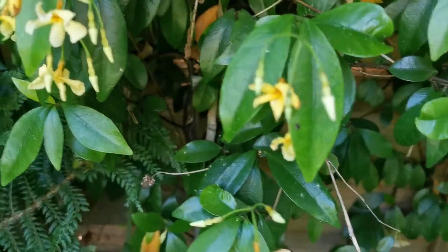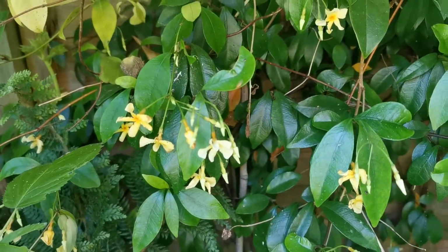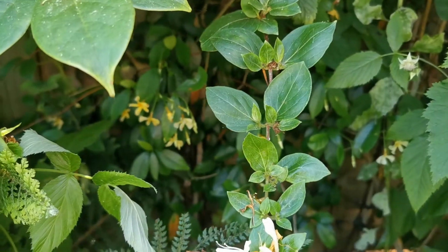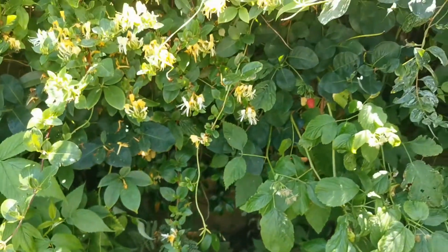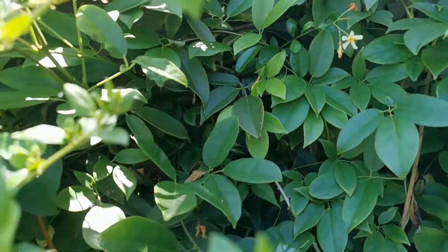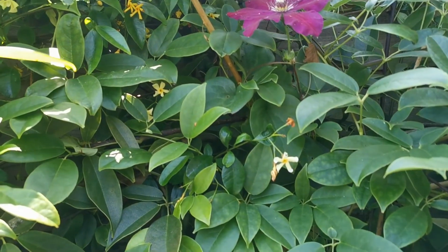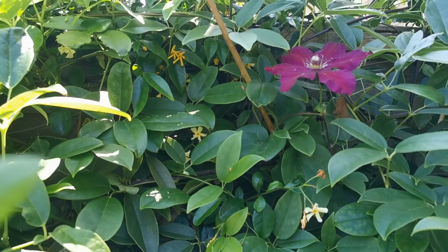The plant, as you can see, still managed to bloom in the shade, and I have a few blooms here. You can see how the flowers of the Trachelospermum jasminoides here in the shade actually made this branch bloom, even if it's completely covered by both the Japanese honeysuckle and the Holboellia, also called Stauntonia, correctly named Stauntonia coriacea. The plant is a climber that can become very big, reaching up to 12 meters in length,